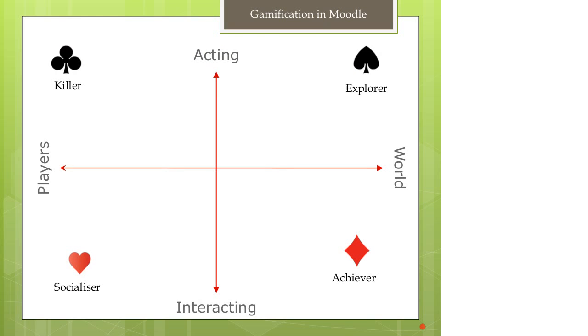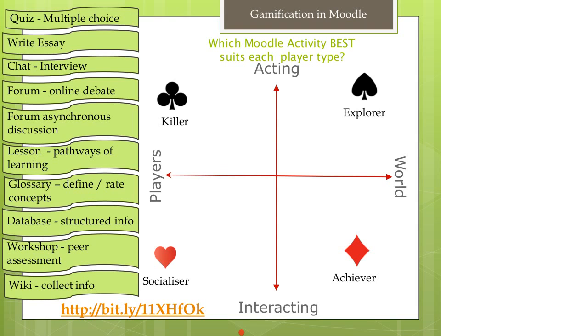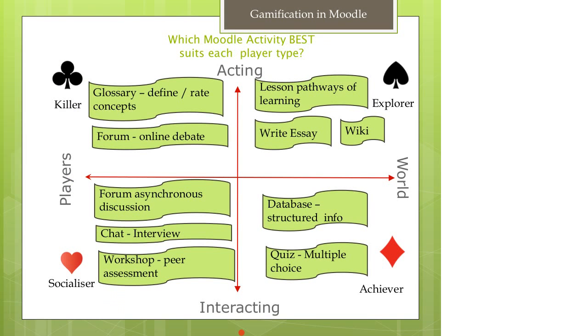We've got a few As, Bs and Cs, so I'll just explain. Bartle used terminologies of killers, explorers, achievers and socialisers, and broke down how he came up with that division. So I started applying this to the tools within Moodle and thinking which ones I would put in different sections. So I came up with what I thought happened, and I thought maybe I should make a survey and ask everybody. And I haven't redone this graph since last year, but I've been watching the responses, and it's pretty much